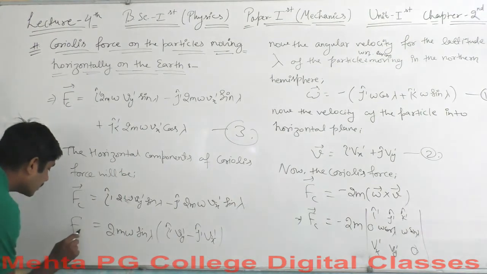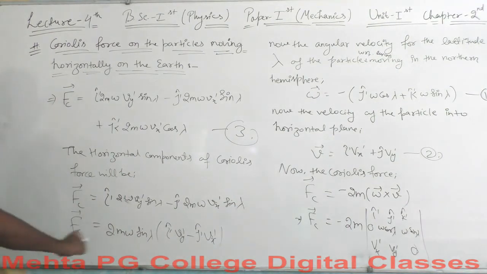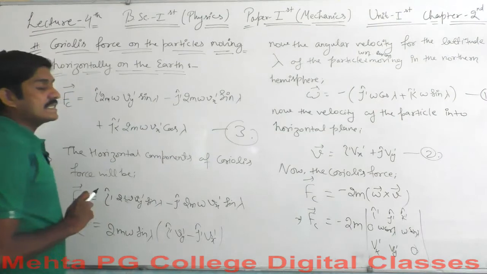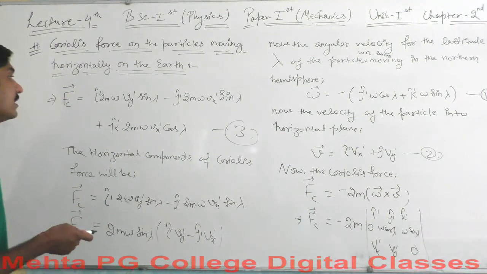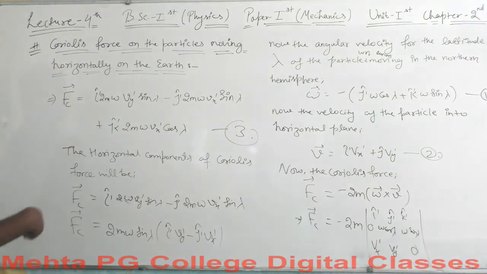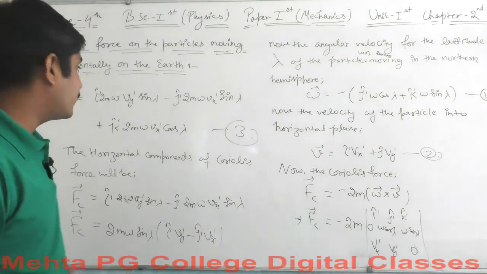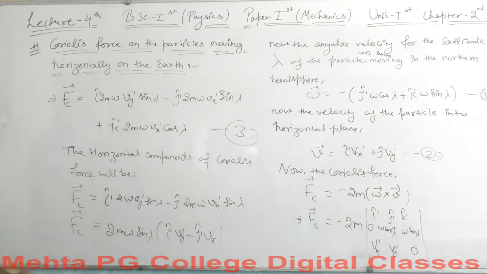This is the value for the Coriolis force which is associated with the horizon and has the horizontal, or you can say planar, direction. Okay, so this is the component of Coriolis force for this direction. Now we will estimate the magnitude value, and for that we need a workspace. But before going to the workspace, you can take a screenshot yourself, and then we will proceed further.